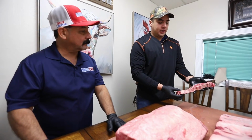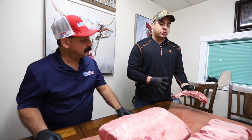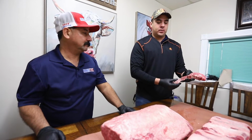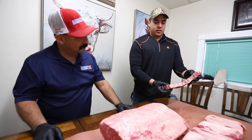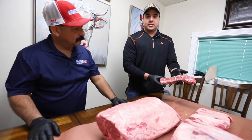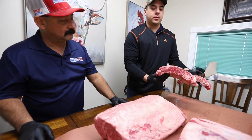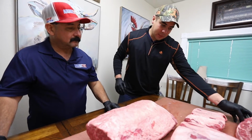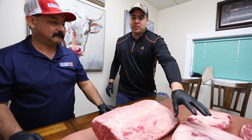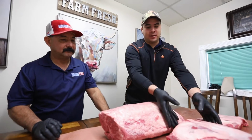And the reason I call it the English rib is because there's actually an English steak that comes off the shoulder clod along with the English rib. And that 4-bone is what comes on that English steak. So this is the 4-bone chuck short rib, and this is actually the whole one of the chuck short rib also. A lot of people say that this is the dinosaur rib. To me, the dinosaur rib is actually the 123A because the 123A is a lot thicker, as you can see, than the